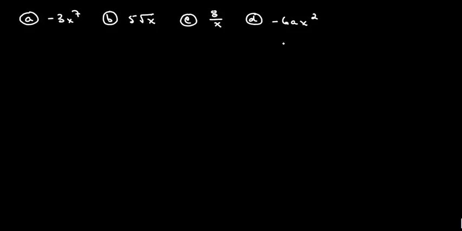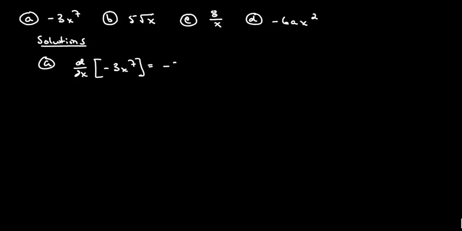Okay, so we have to differentiate the following four functions. So we'll start with A. We need to take the derivative of negative 3x to the 7th, which is, by that last rule, the constant rule, we can pull this guy